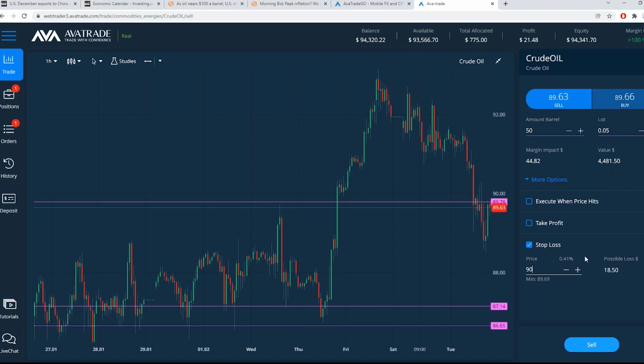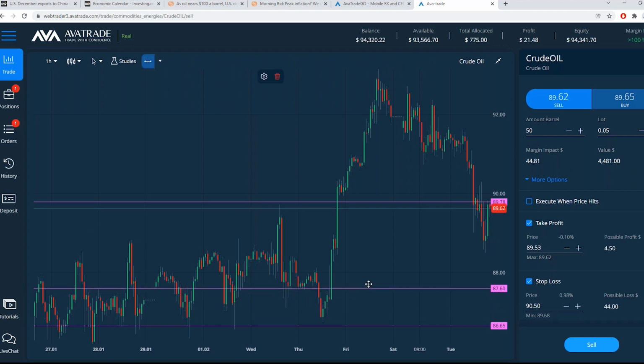Somewhat of a technical move here. Just getting this above the resistance level for the stop loss. Take profit could be at the next support level, which is on the technicals right about there. That's where it hit and bounced up. Back here, it was old resistance. So that's down around 88, 83. So we could say 89 even. Take profit,